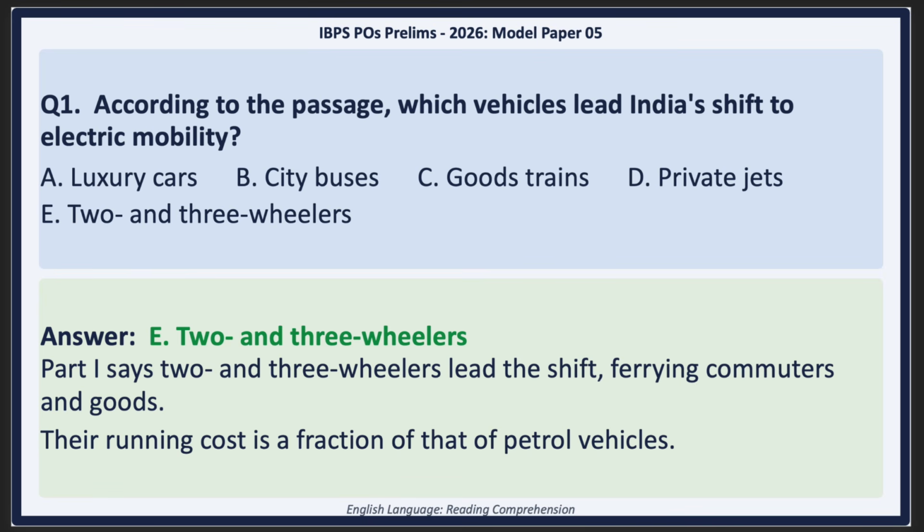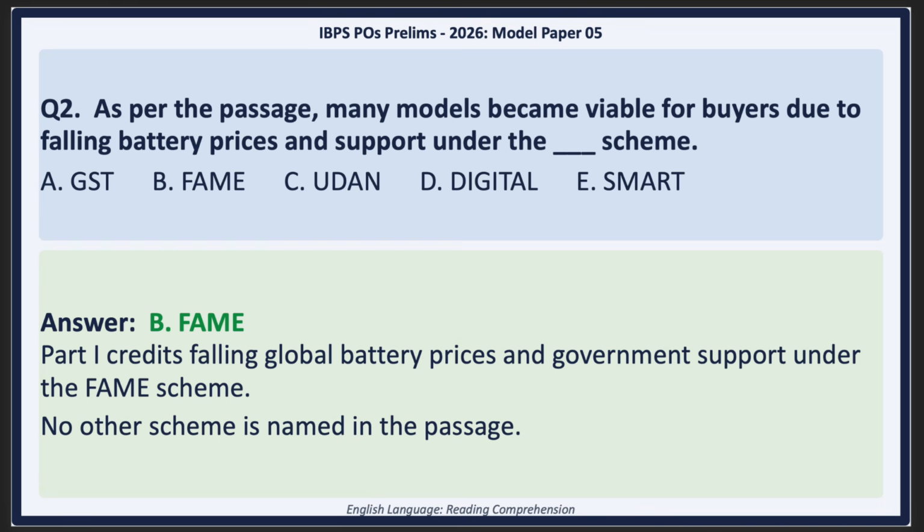If I'm taking this test, my instinct is just to skim for facts. And that skimming strategy works for surface-level fact retrieval, which is the core concept being evaluated here. So I just look for the answer in the text. Exactly. Option E points to lower running costs. That is the correct choice, because the text explicitly states this. It's a direct, literal match. Okay, which perfectly sets up question 2. This one asks, what makes EVs viable, according to the passage?